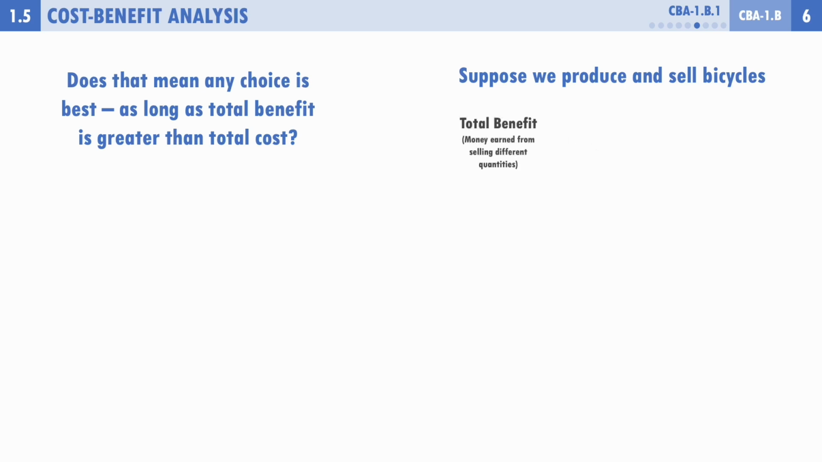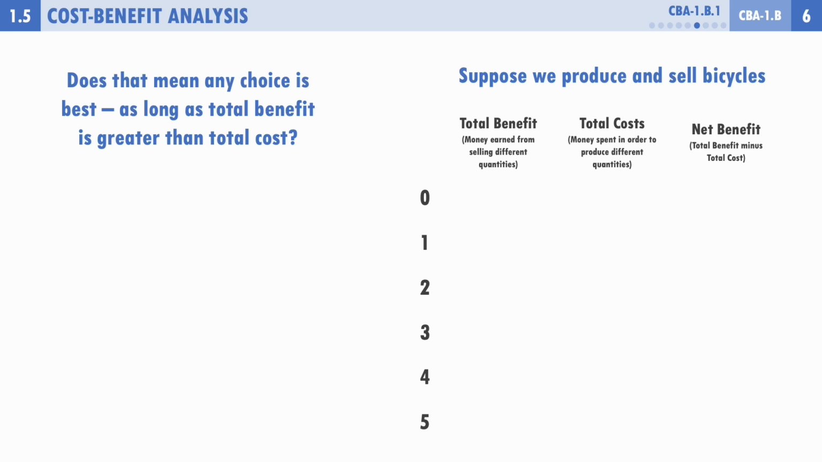Now, obviously, there's going to be a total benefit we receive from selling bicycles, right? We earn money from selling different amounts of bicycles. There's also going to be total cost, though. We have to pay money in order to produce those bicycles. And so then we can look at the net benefit of producing and selling the bicycles by weighing that benefit versus the cost. So let's say we produce anywhere from 0 up to 5 bicycles,